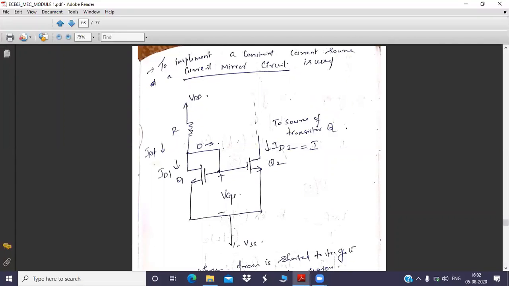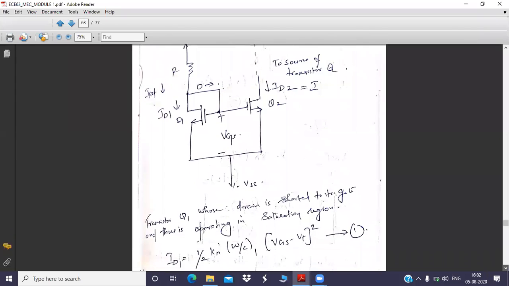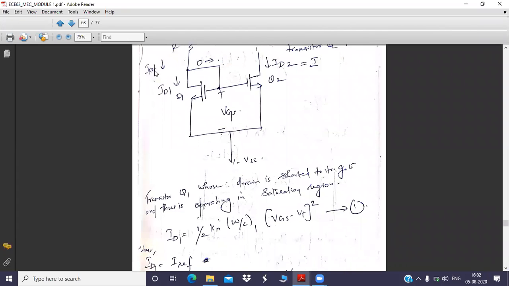So what is the potential difference? VDD minus this voltage. What is this voltage? VGS. Yes, because I have connected these two terminals by using a perfect wire. So whatever voltage is available here, that will come over here. So the difference is VDD minus VGS divided by R. Current is nothing but potential difference divided by resistance. So by using that, I have fixed the reference current.